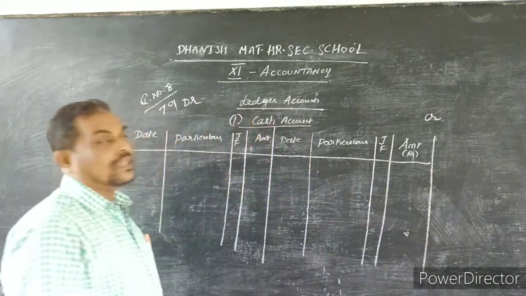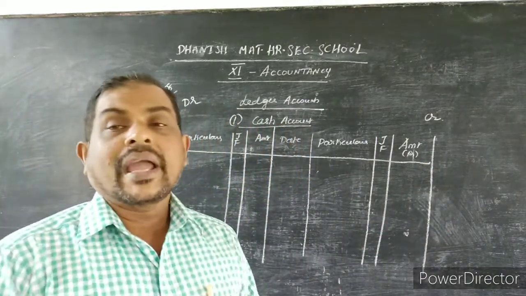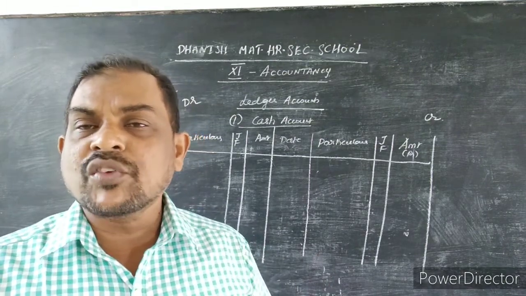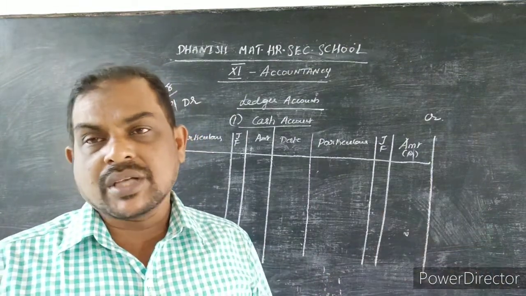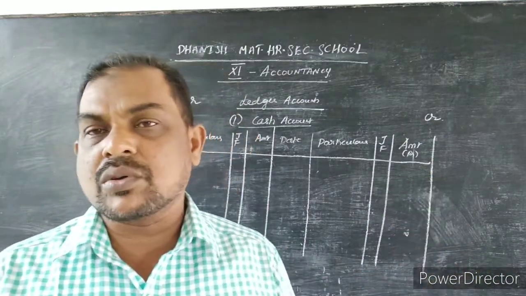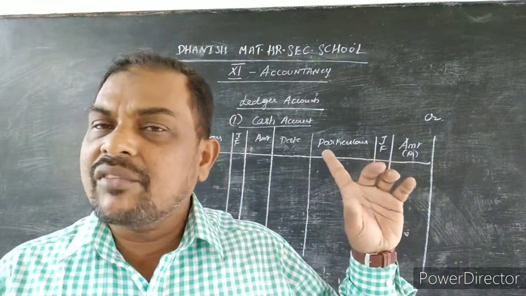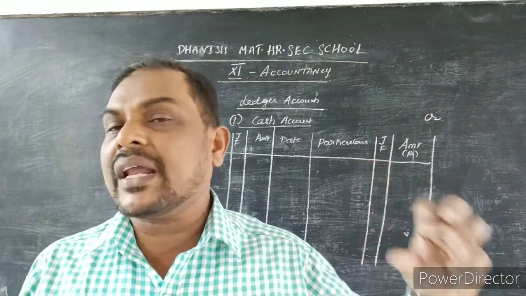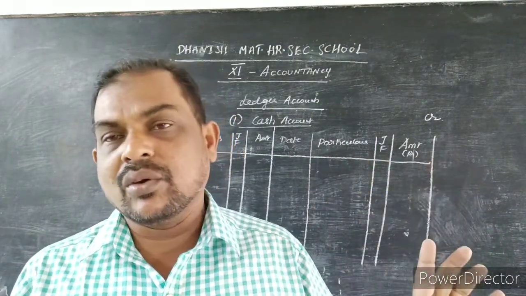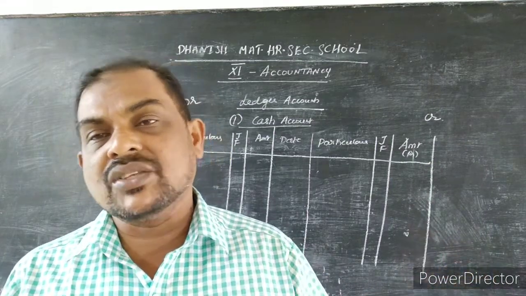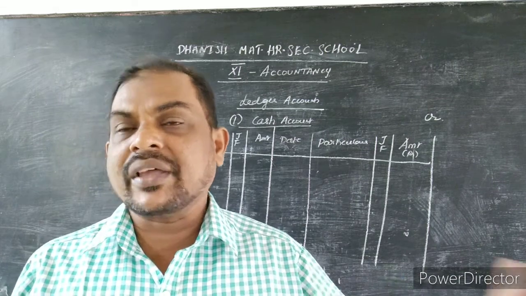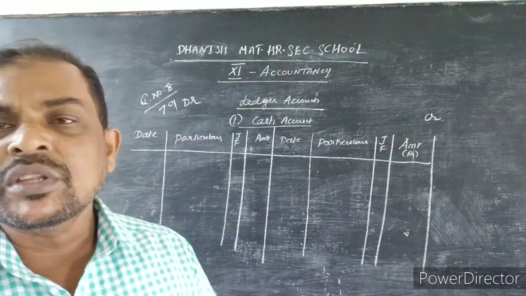Okay. Now come to the cash account. While preparing the cash account, the cash ledger account, we have to prepare based on the journal only. What we have prepared in the journal, from that journal only we can prepare the ledger accounts. Now we are preparing only the first account, what is it? Cash account. So wherever the cash account is available, you have to take that entry only. If suppose cash is not affected in any journal entry, we should not interfere in that journal entry. Okay, now come to the first journal entry.